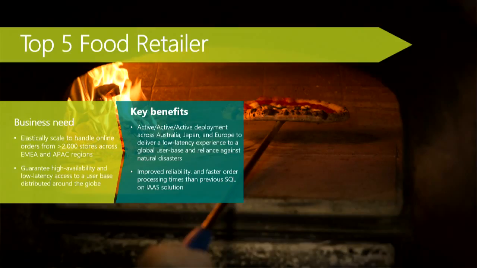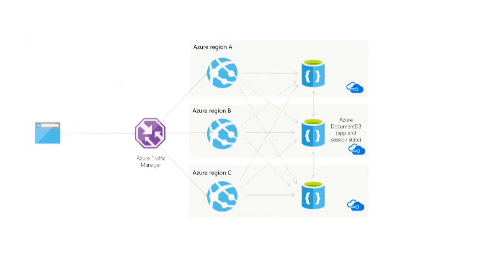One of the other things that they found was a massive improvement was they used to run SQL on IaaS. They ran into some regional outages that really hit them bad. This was for an online ordering processing system. Anytime you order food on their online website, it gets processed through here. But having this distributed across regions also helped them improve this reliability a lot better.